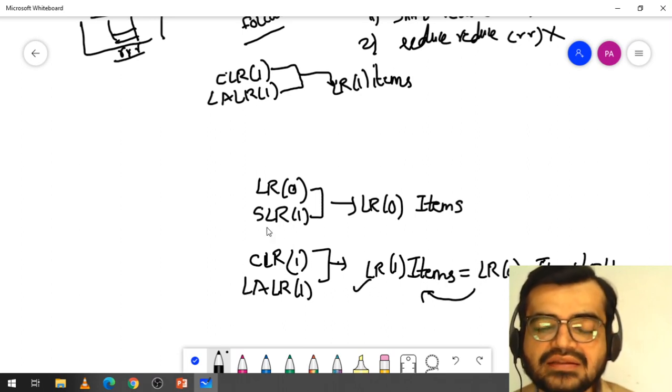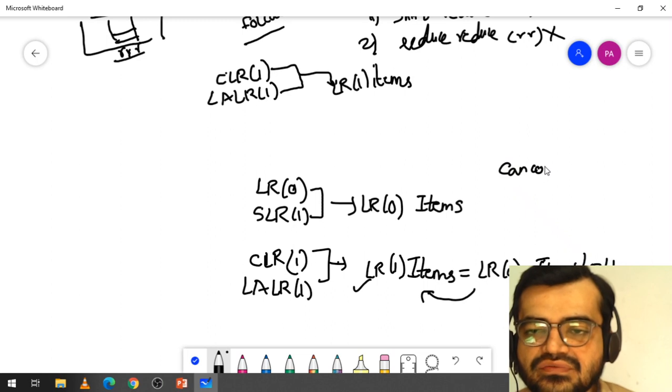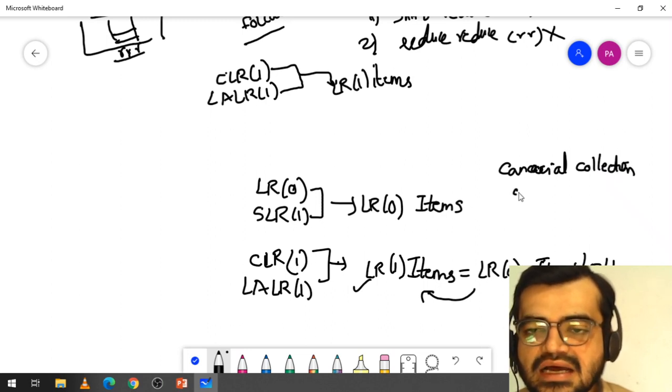In the steps, as you have already seen, you take the canonical collection of LR(0) items in the last two parsers.